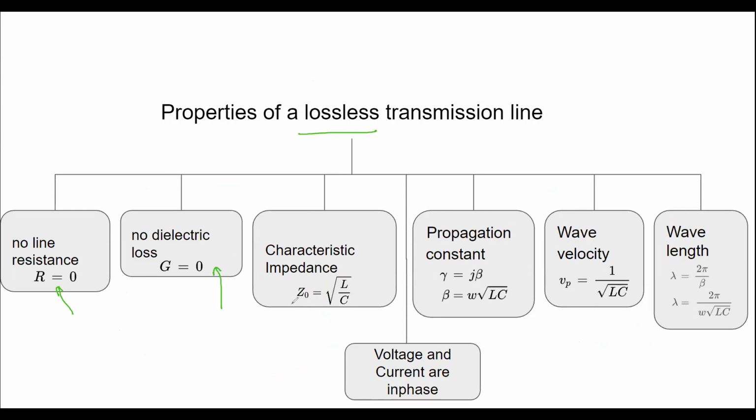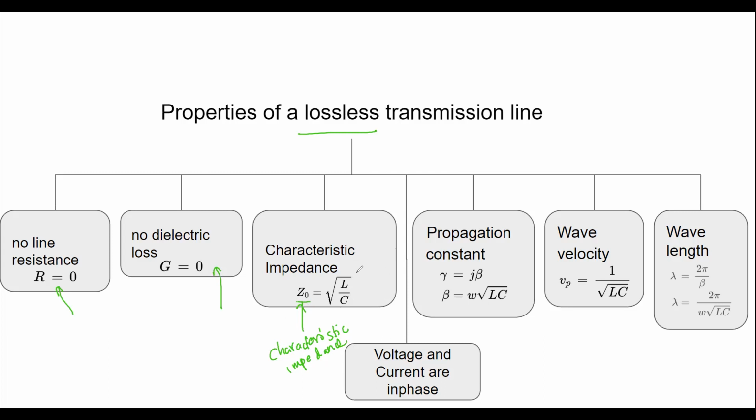And then we learned about the characteristic impedance, right? The characteristic impedance is one of the very important parameters in the transmission line. It is used to denote how much resistance there is from the transmission line to transfer energy from one place to another. It is given by just the square root of L over C in the case of lossless transmission lines,